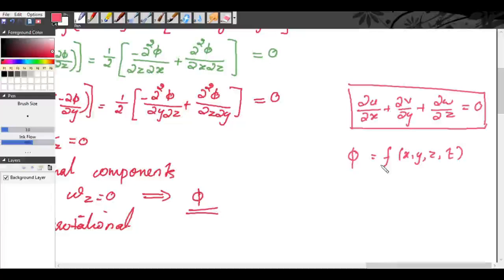Then we took the rotational components, we substituted, and we proved that if the velocity potential function exists, then the flow will be irrotational. Then we saw what is psi. It is a function of x and y. It is expressed in two directions. It is a scalar function which can be expressed only in two-dimensional flow. And we saw that if the stream function psi exists, the flow can be rotational or irrotational. And if it is irrotational, it should satisfy the Laplace equation. So these things we have seen today.